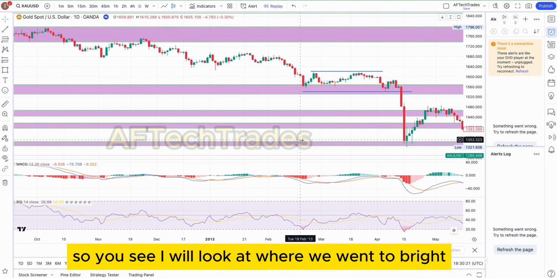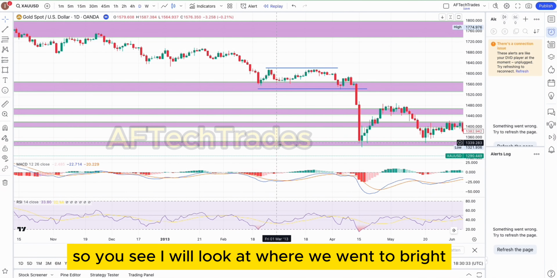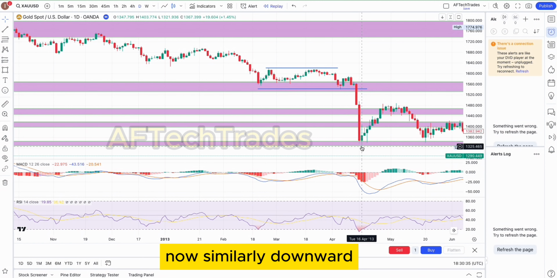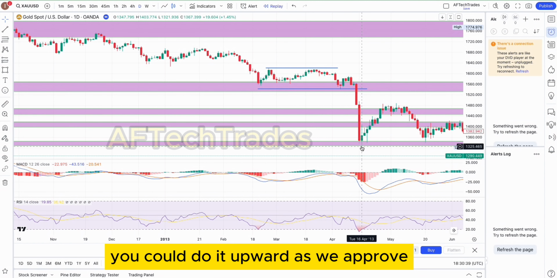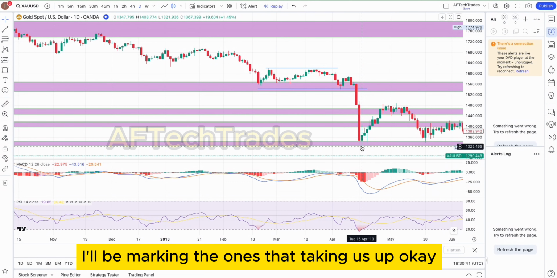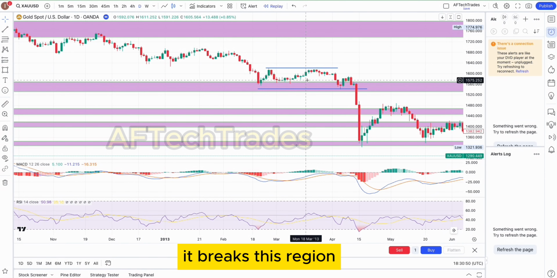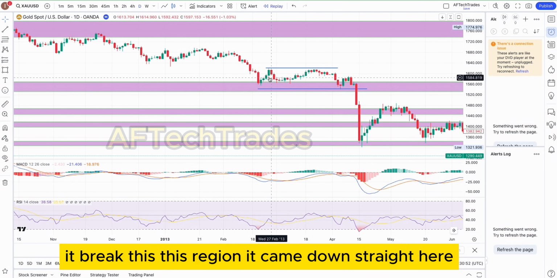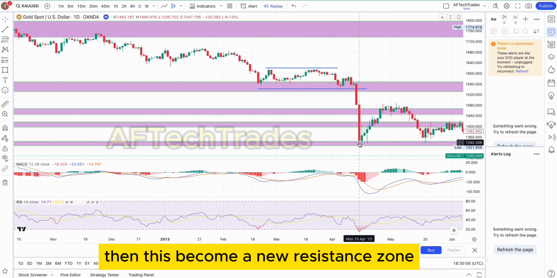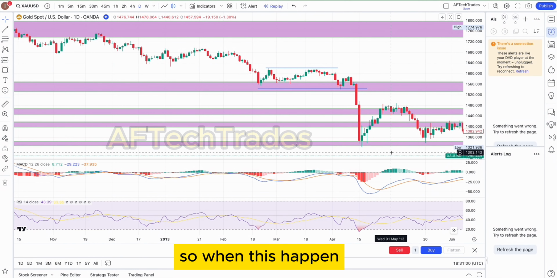So you see, look at where we went to draw it and look at what is happening here now. Similarly, you could do it downward, you could do it upward. As we proceed, I'll be marking the ones that take us up. Okay, so now we have this. It breaks this region. It came down straight here. Then this becomes a new resistance zone. So when this happened,